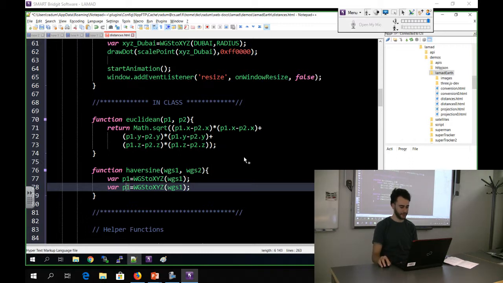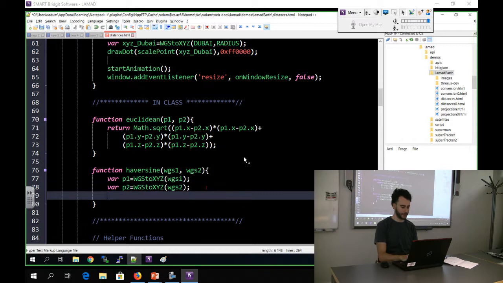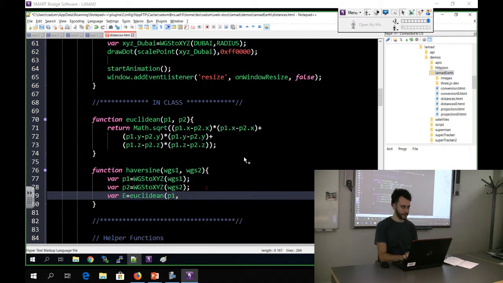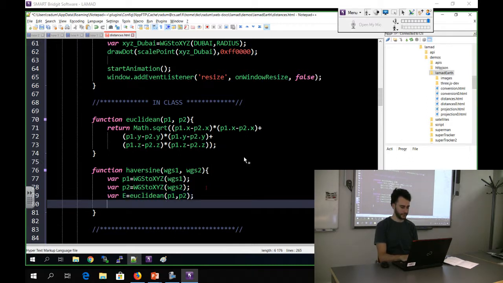So we have the points converted. I'm going to call the Euclidean, let's say E is equal to Euclidean of P1 and P2. So I have now the value for E. And now I can return the Haversine, which is going to be return